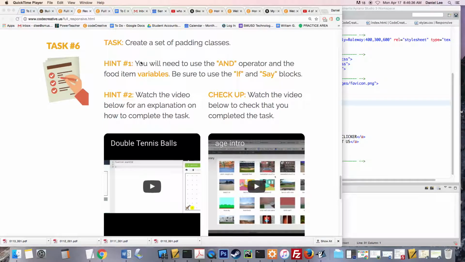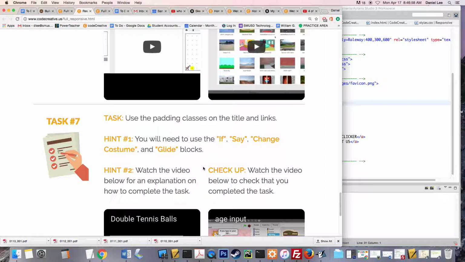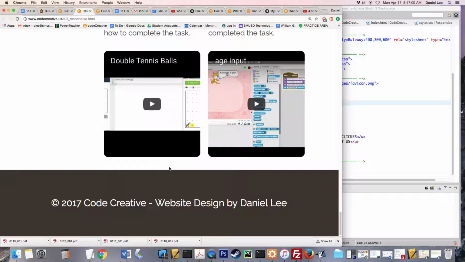We need to now create a set of padding classes, and it might not be obvious to you now why, but if you've had some experience building websites, you very often need to add padding in between elements. Like this space right here is padding. This space here is also padding. This space here is padding. Down here is padding, right over here, and so you could use the padding property in all your different classes